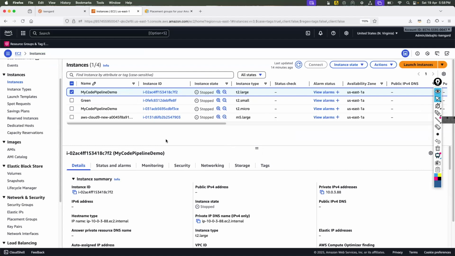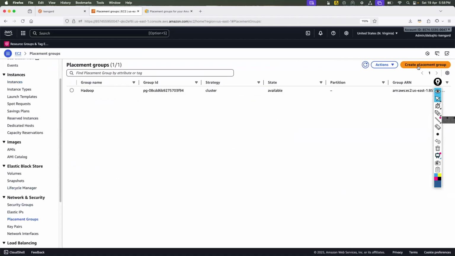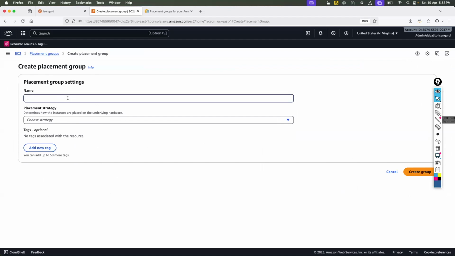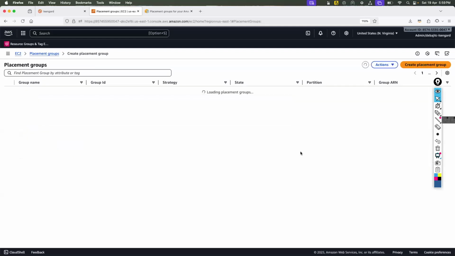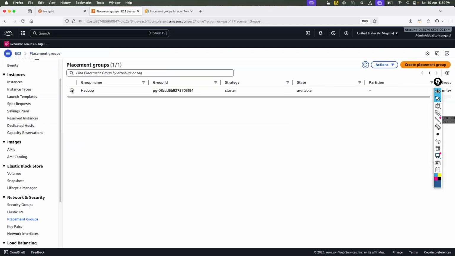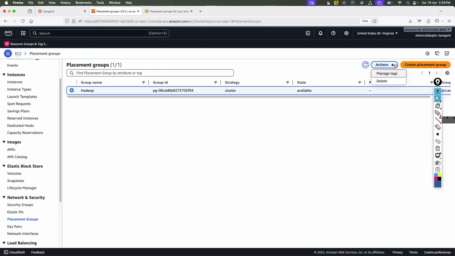As for naming, when you create a placement group you can give it any name, no problem. But the strategy you have to select from these three.